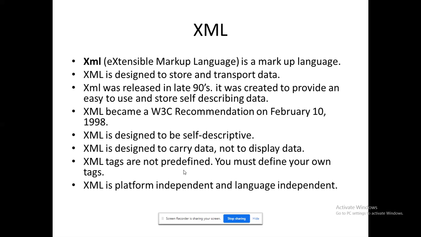As well as there is a role of abstraction, which can be done through the respective tags. The ultimate aim is that it's ready to plug in and work with any platform. That's platform independence, as well as language independence. That means it can be combined with anything. If you want to combine XML with Python, right, it's ready to work with Java and with Python. Yes, it's ready to work with it, because the only thing is that I need to construct a parser. A parser will be easily supplied by the scripting languages. That is where we have to discuss more on this type of environment.